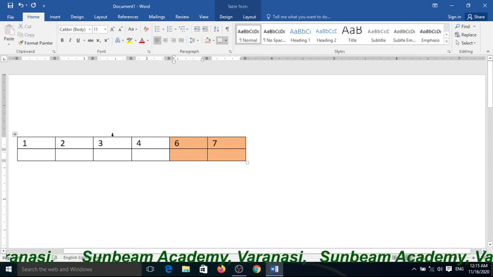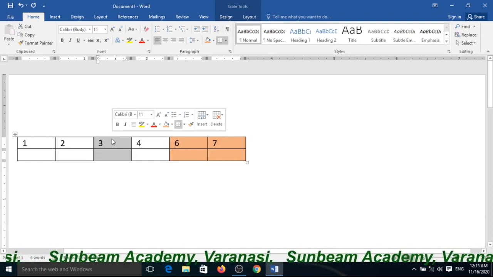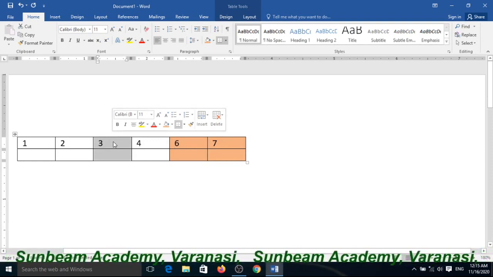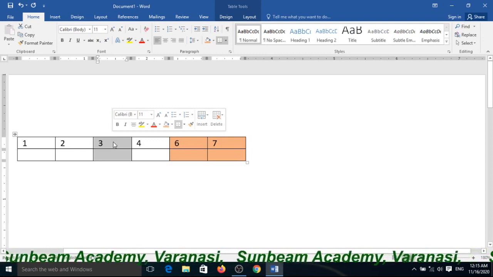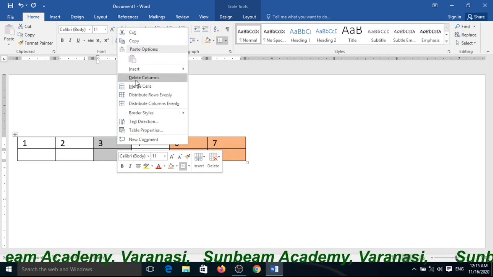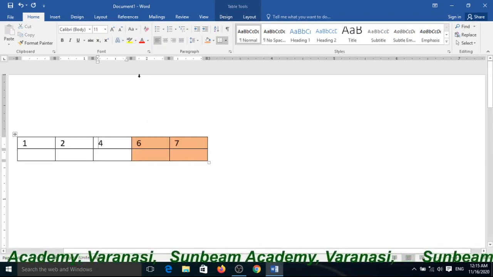Suppose you want to delete the third column. Select that column which you want to delete and right click of the mouse button and choose Delete Columns and it will be deleted.